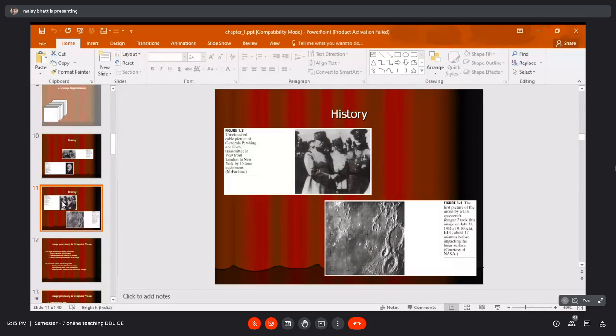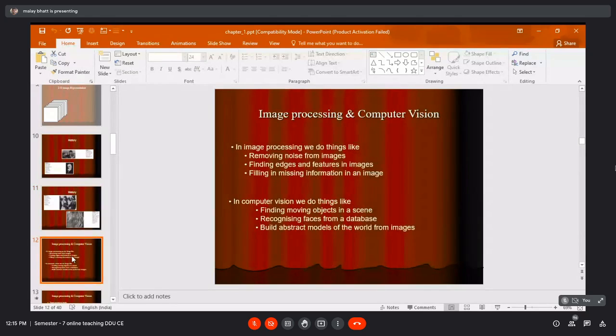So this is how you can see that the digital image processing field started, and right now, after 100 years, we are learning that subject, what digital image processing is. Now let us go into the difference between image processing and computer vision. Basically, in image processing, if we have a noisy image,